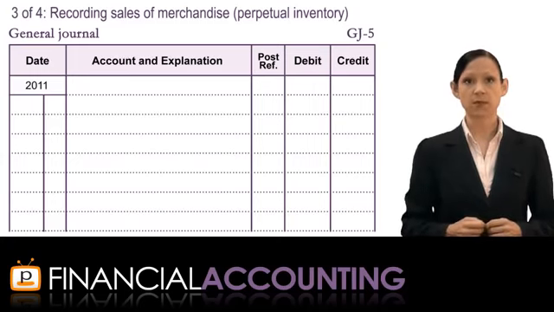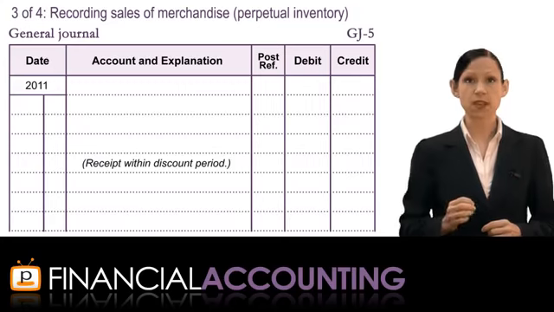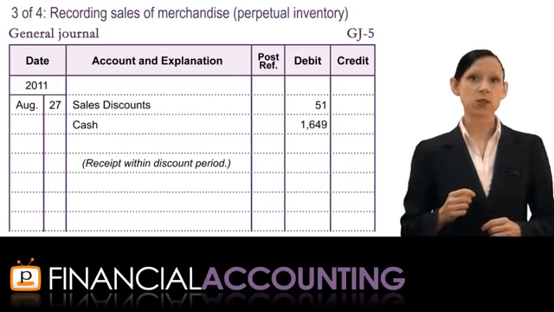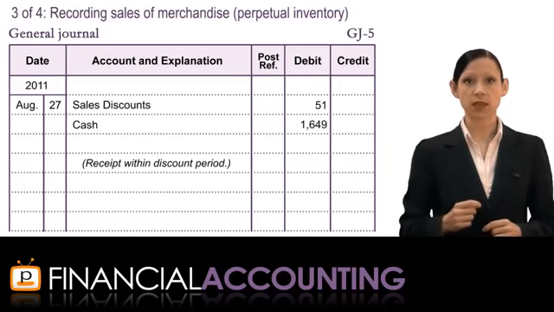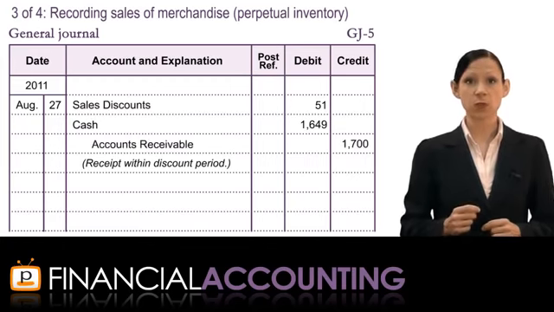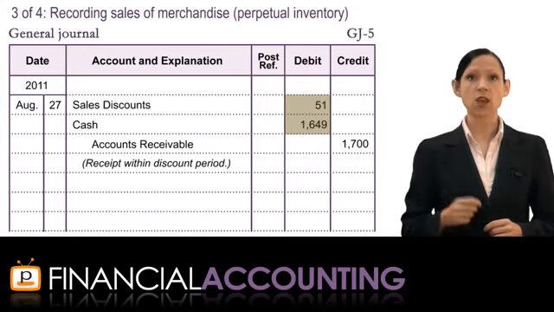of their invoice. This sales discount is considered a reduction in the revenues of the business, so is recorded as a debit to the contra revenue account, sales discount. The cash account is also debited to record the cash received from the customer. And the corresponding credit is recorded in the accounts receivable account for the combined value of both the cash receipt plus the sales discount given to the customer, to record that the customer no longer owes us the full amount